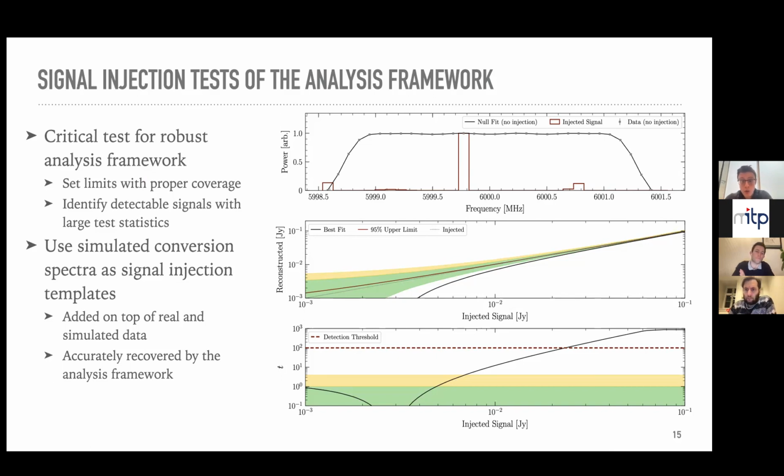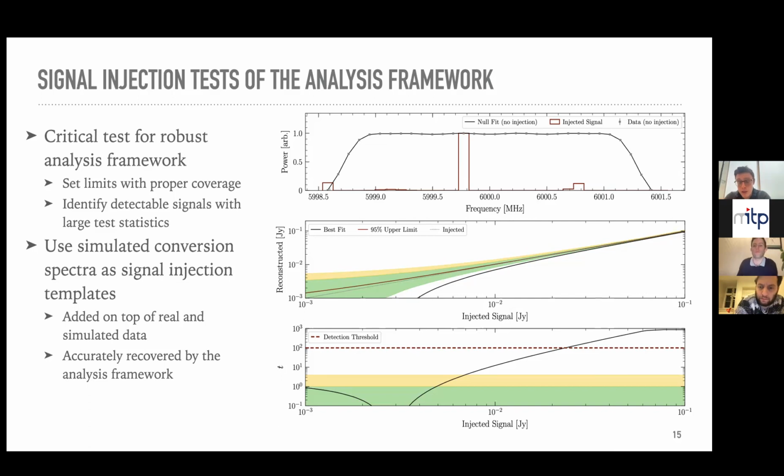So the top plot is showing you, and these are all sort of arbitrary flux density units, you shouldn't think too hard about the y-axis on this top plot. The top plot shows you what the data looks like. That's gray. In black, you have the null model fit, so what we would have fit to the data had we not injected any signals. And the red shows you what that injected signal template actually looks like. And you can see that there are other neutron stars that are contributing to the flux density that we see on this coarse channel, but we're overall going to be dominated by this one single bin excess